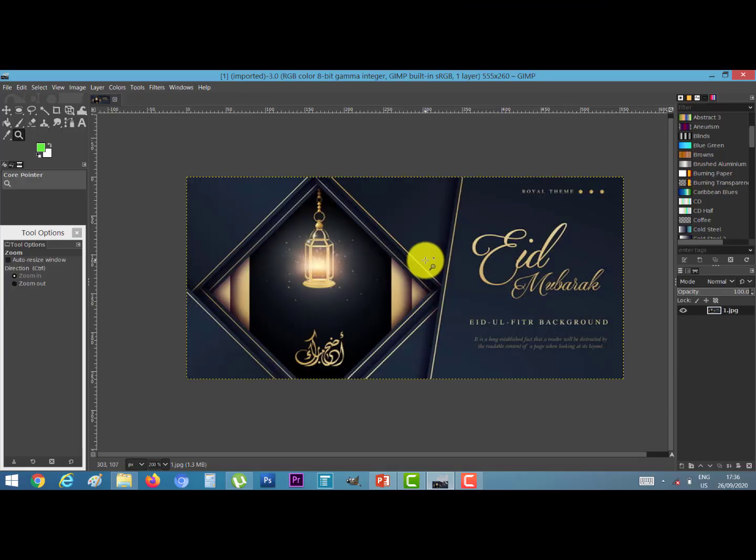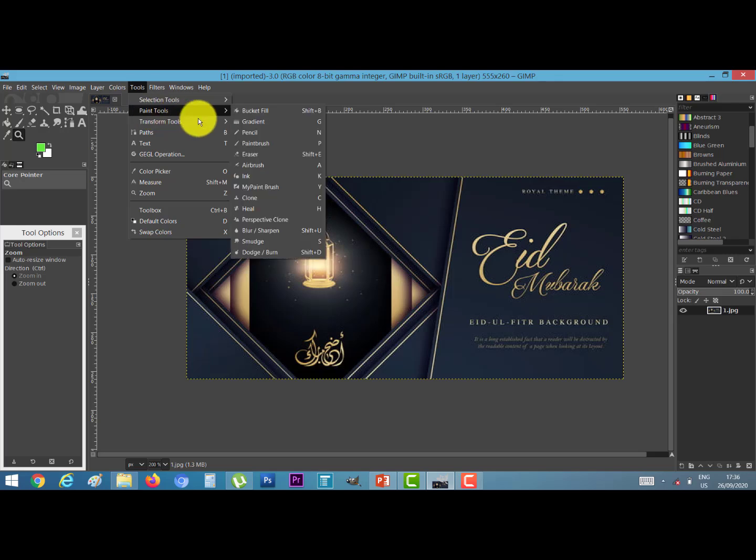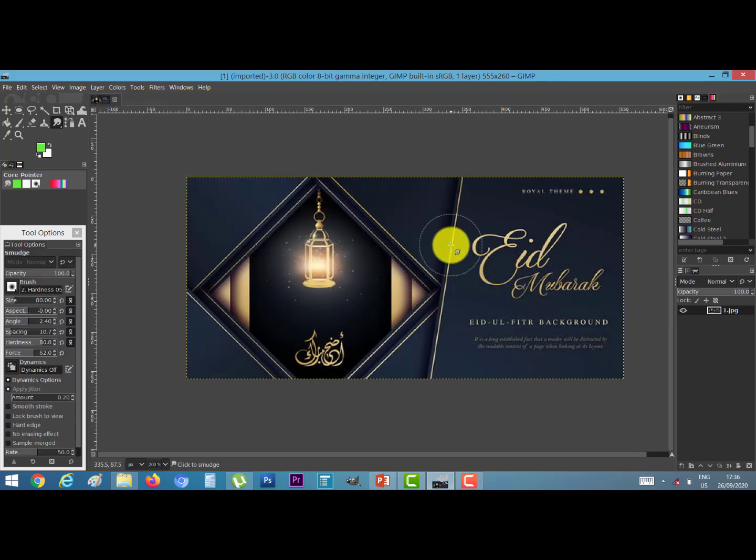First open any image in your software, then go to tools option, paint tools and choose smudge option. This side is the property of this tool. You can increase or decrease the volume of the tool.